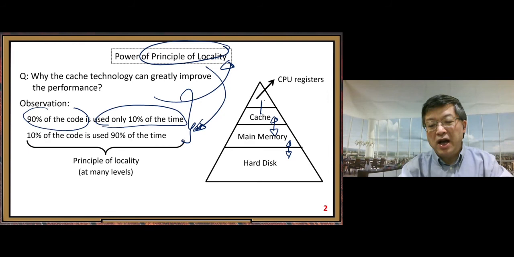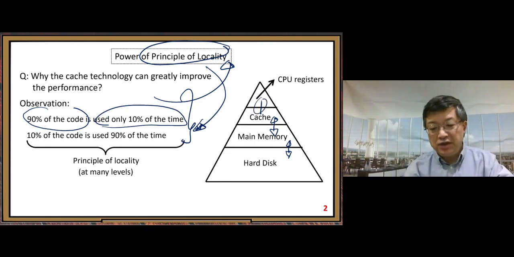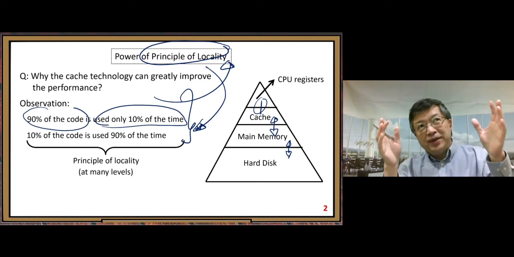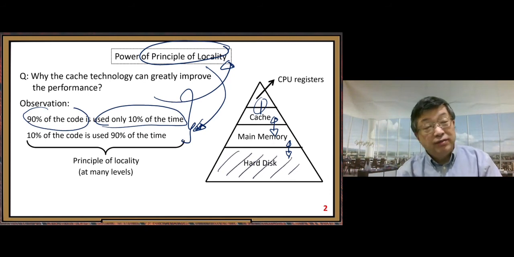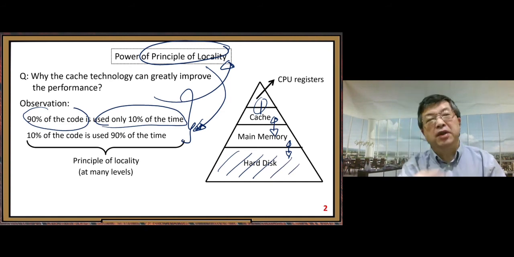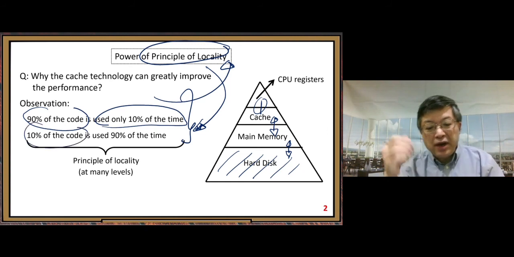Because 90% of the code is accessed only 10% of the time, and the 10% of the code is accessed 90% of the time,